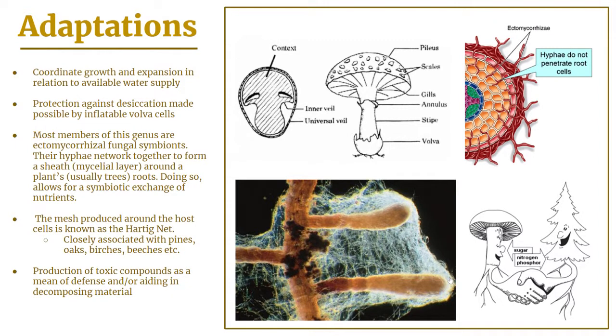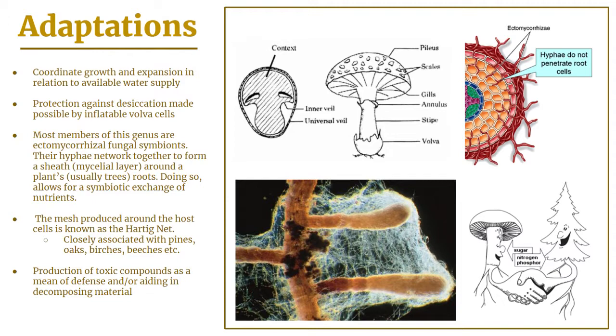Some adaptations: there are quite a few, but the biggest one is the fact that these are ectomycorrhizal fungal symbionts. So their hyphae network together to form a mycelial layer, which hugs the plant's tree roots and even penetrates in between the plant's cells. Doing so allows for a symbiotic exchange of nutrients, so it benefits the mushroom and the plant. This picture shows how it goes in between the cells. The mesh is called the Hartig net, and associations are formed with oaks, birches, beeches, pines, and a